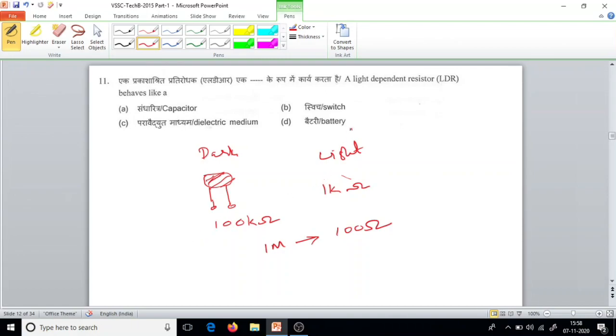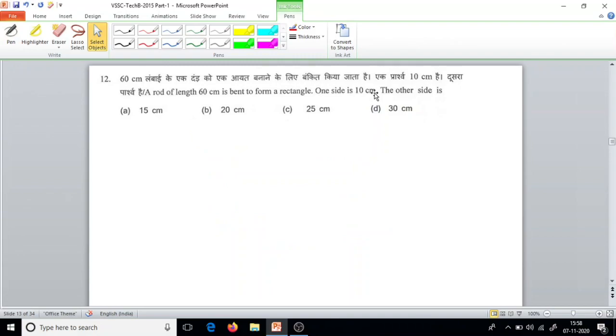So it is acting like a switch. So the answer is switch. Question number 12. A rod of